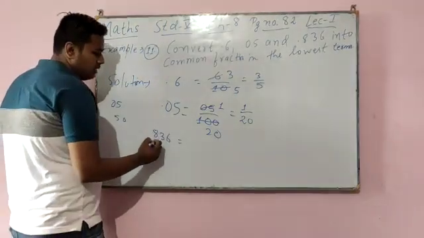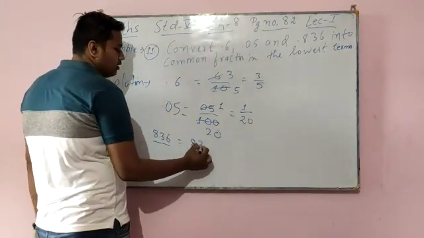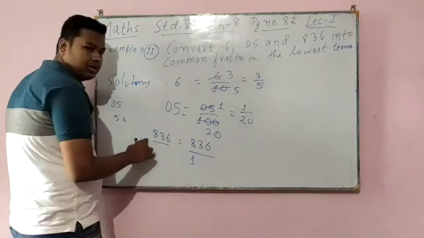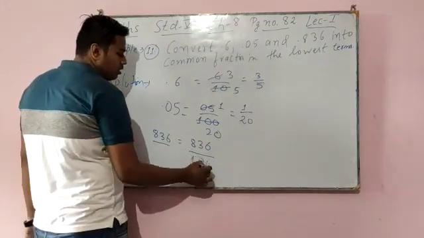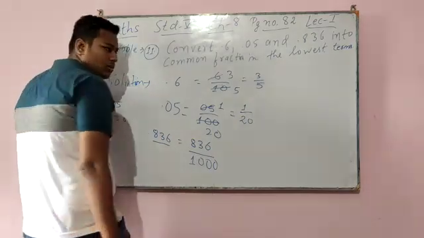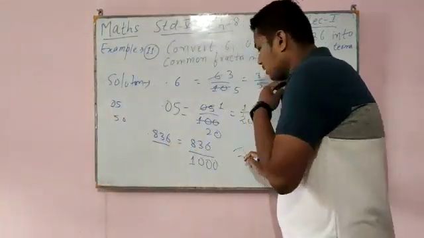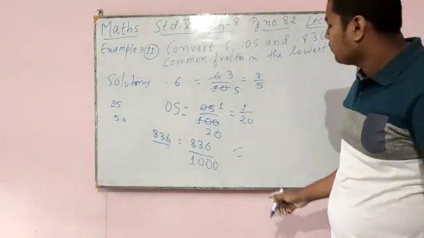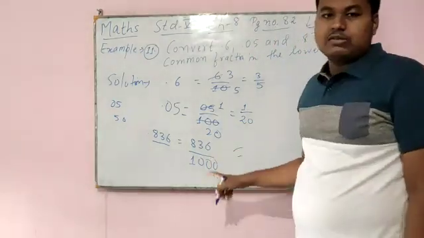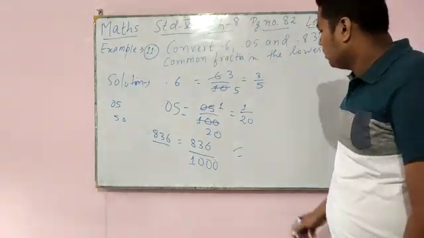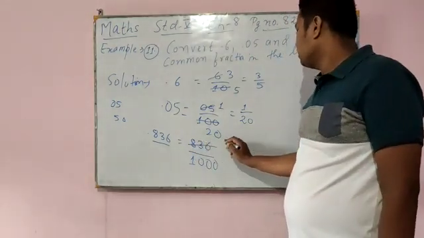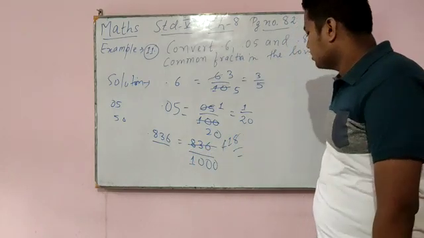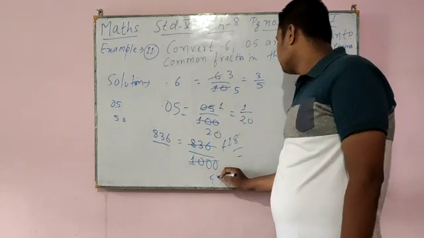Now what is the number? We have the number 836, so write 836. Decimal, take it as 1. After the decimal 3 numbers are there, so 1 0 0 0. Okay, now try to cross it in the table of 2. I have taught you divisibility by 2. If the last digit is divisible by 2, then the whole number will be divisible by 2. See, 2 times 4 is 8, 2 times 1 is 2, 2 times 8 is 16, 2 times 5 is 10, 0 0.